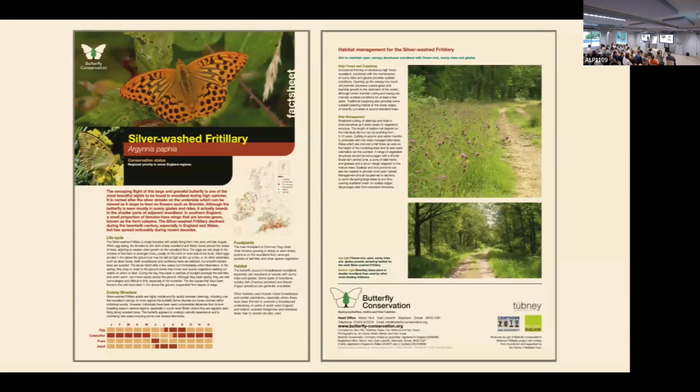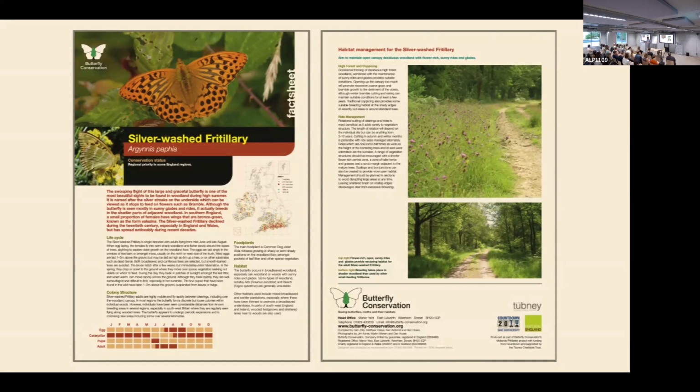Okay, so that's the language alignment, and kind of trying to quantify what parts are well aligned and what parts are not well aligned. And then we can use existing information to get out habitat information. For example, Butterfly Conservation in the UK has created these very nice two-page documents for a lot of butterflies on what good habitat looks like.